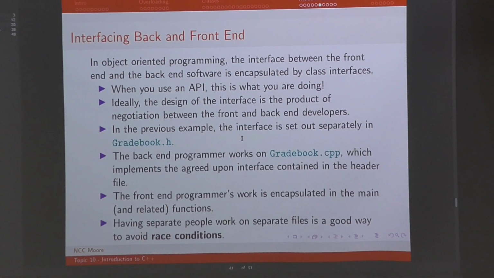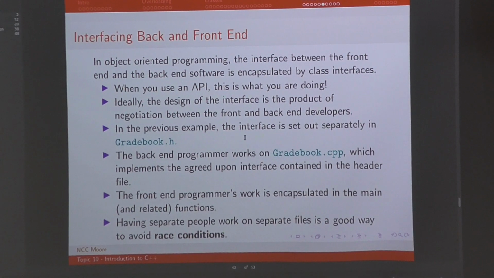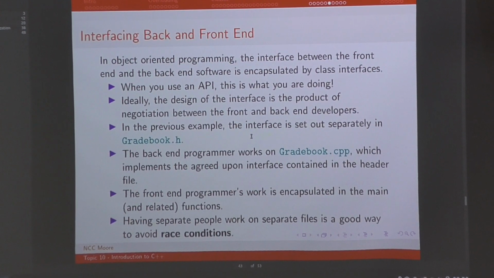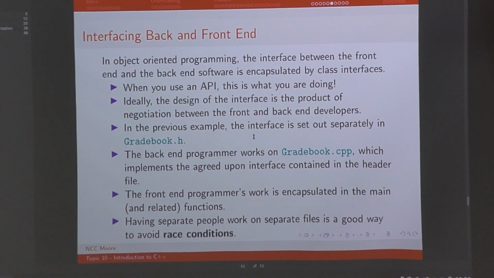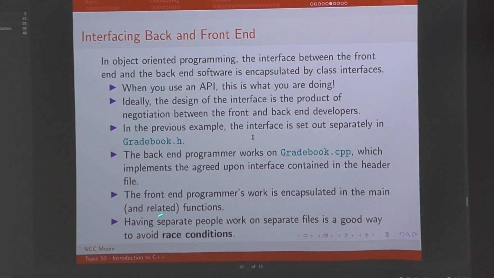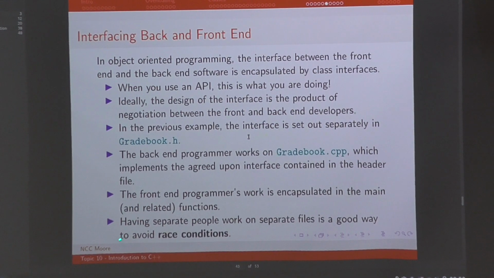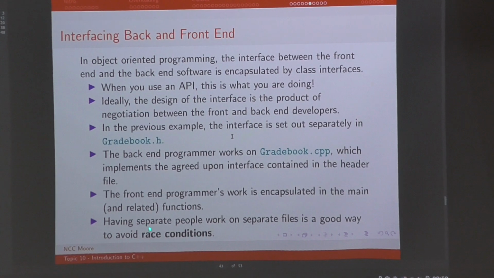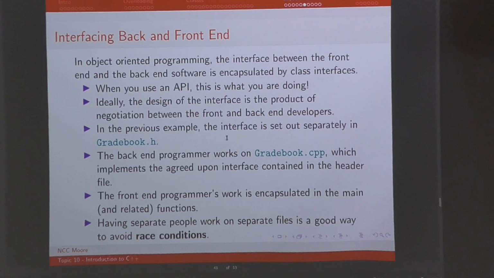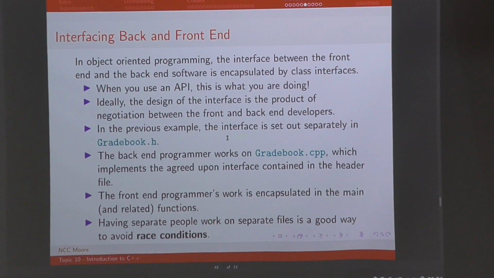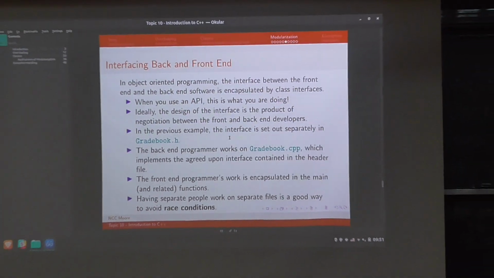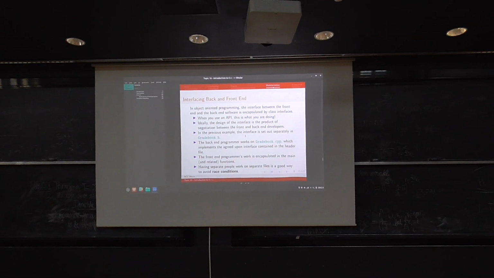In the previous example, the interface is set out separately in gradebook.h. The back end programmer works on gradebook.cpp, which implements the agreed upon interface contained in the header file. The front end programmer's work is encapsulated in the main and related functions. Having separate people work on separate files is a good way to avoid race conditions. You guys know what a race condition is? You might not hear about it again until 4th year, but basically,